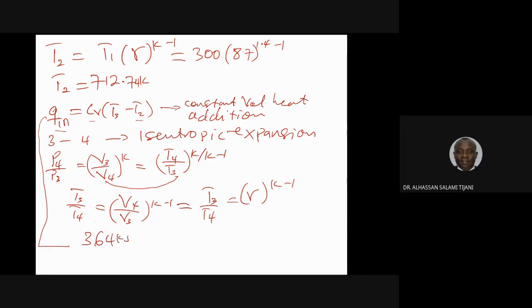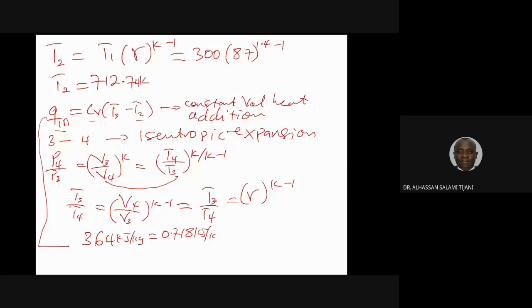364 kilojoules per kilogram. This equals 0.718 kilojoules per kilogram per Kelvin into bracket, then I'll have T3. So T3 minus T2. So T2 we know already. So that is 712.74 Kelvin. Okay, so if you do this calculation carefully, then